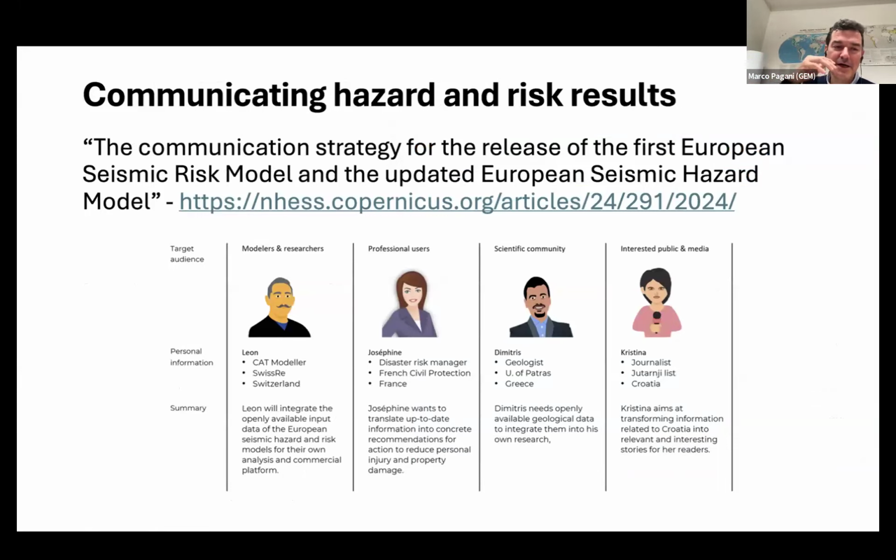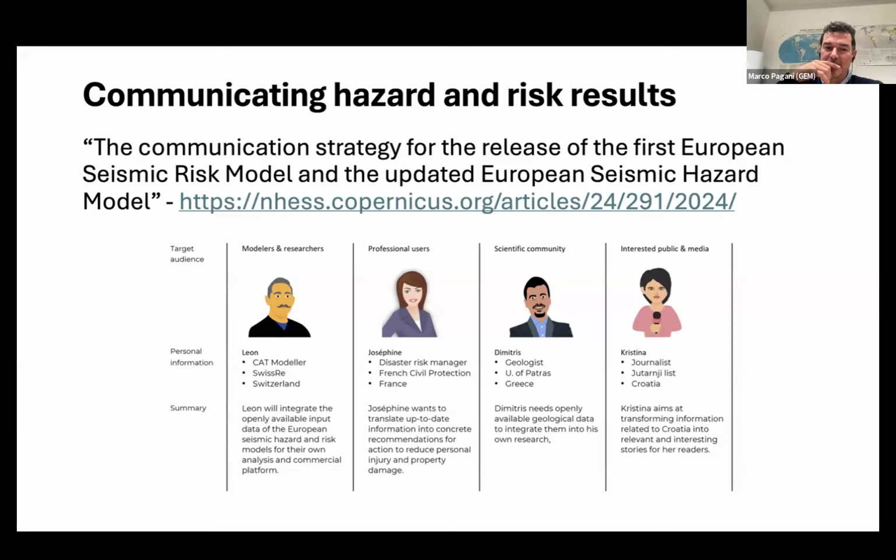Another interesting piece of research that you might want to consider is the one that was done for communicating the results of the latest seismic hazard and risk at the European level. There is a paper by Dallo et al. published in Natural Hazards and Earth System Sciences. What I think is extremely interesting in that case is the attempt to